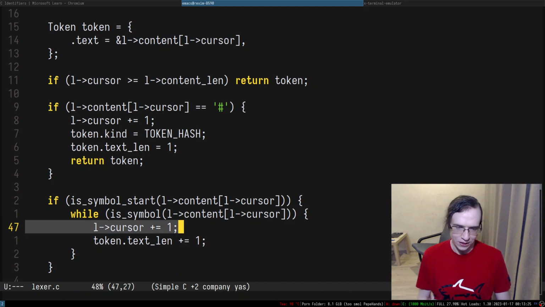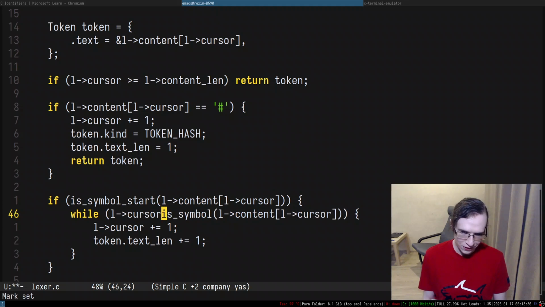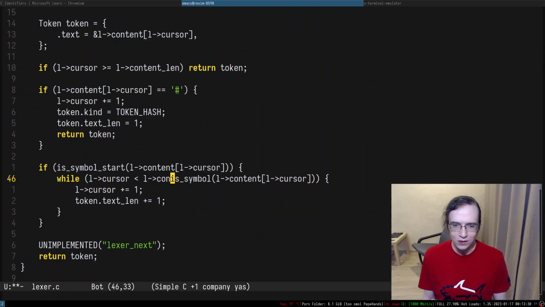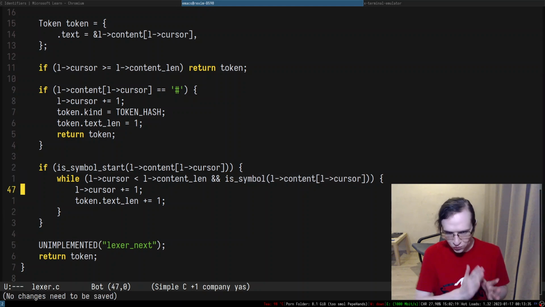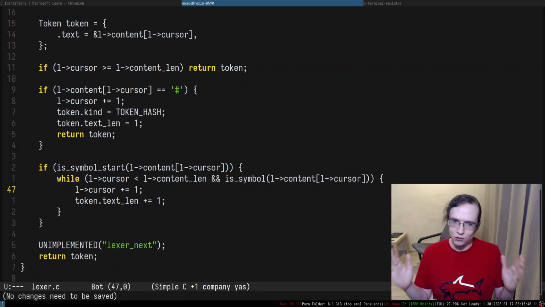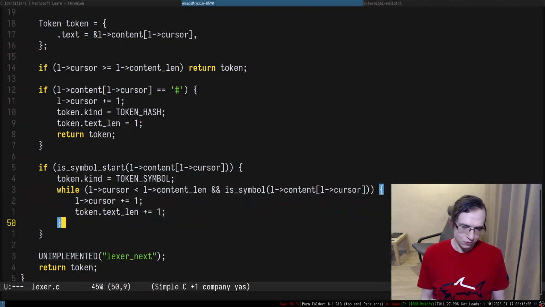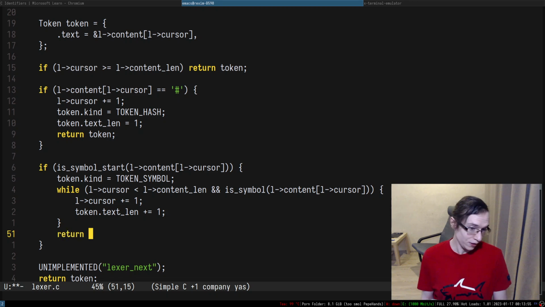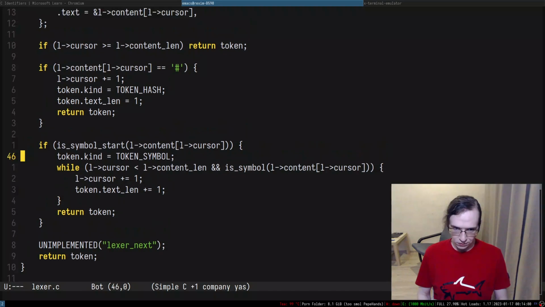So I increment the cursor and the text, but most of all, I also have to check that this is less than the content length. While it is a symbol, I advance the cursor and increment the size of the token. I also have to set the kind of the token to token symbol. After we reach the end, I can just return that specific token. And there we go. So we now can tokenize the end of the stream,